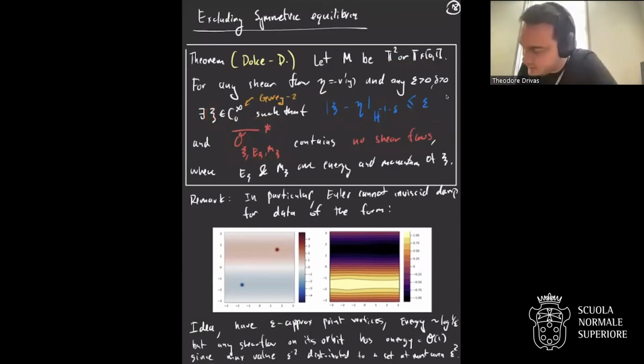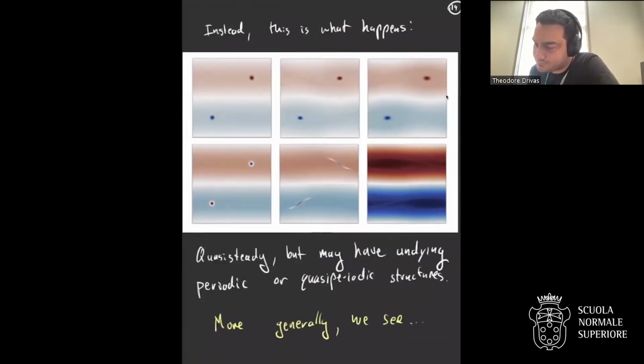So what does this look like? It's just take your favorite shear flow, say Kolmogorov flow on the torus, and put some approximate point vortices in it. This will be a small perturbation at the level of, say, the stream function. It's a big perturbation for vorticity and for energy. And this theorem says this thing can never be stretched and go down to shear. And this is what you actually see.